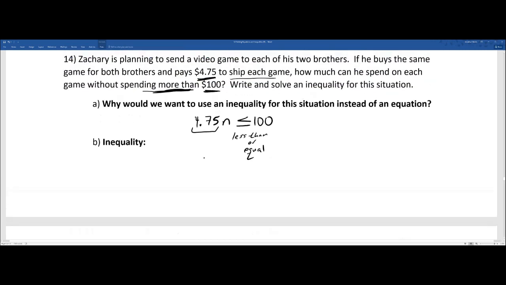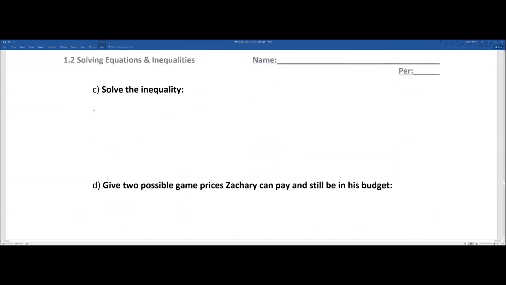Now we're going to solve for part C, which basically just means we're going to use the division property. And what we do to one side, we do to the other. Let's go ahead and plug this into our calculators. We have 100 divided by 4.75, and we have n is less than or equal to